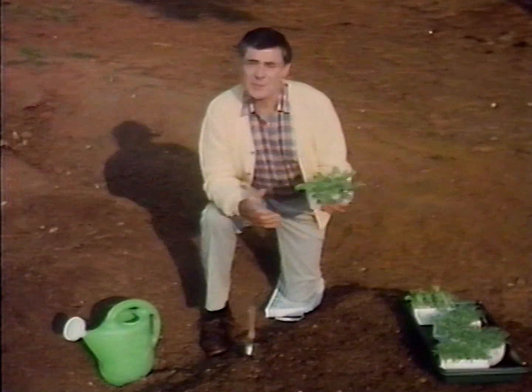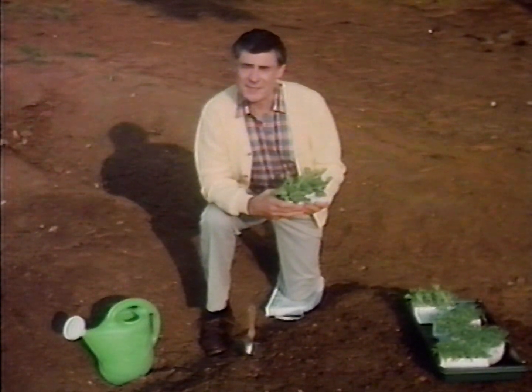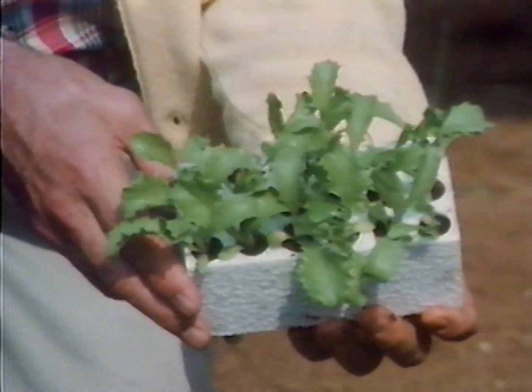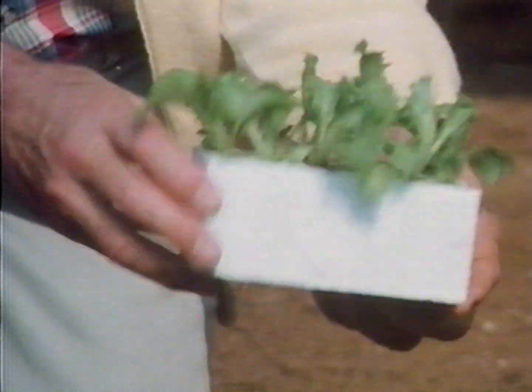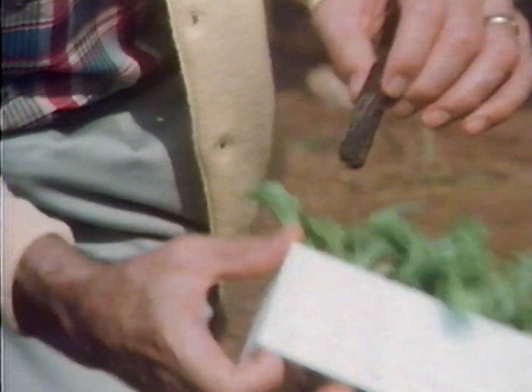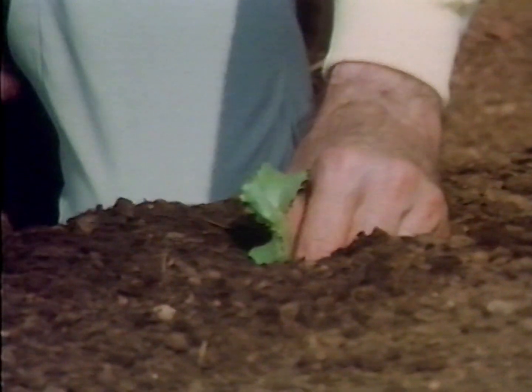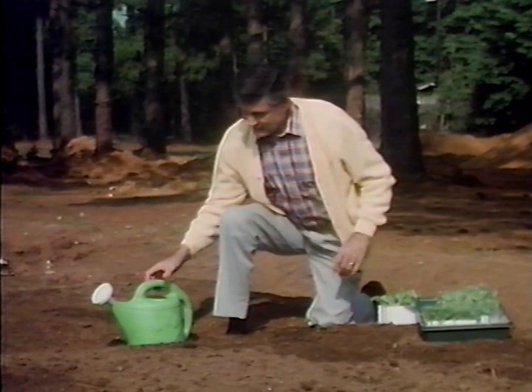Planting outdoors is the subject of our next tape, so I probably should say goodbye right now. But here's a preview. Now, these plants have hardened off for 2 or 3 days, which means they've been outside in the Park Starts, getting used to their new environment. Now, I'm ready to put them in the ground. Once again, simplicity reigns. Just poke out the plug from the bottom with your finger. Remove it from the container and put it in the ground. Give it some water